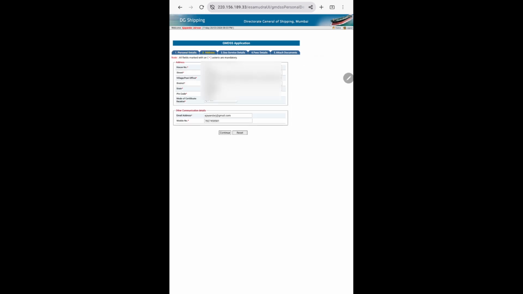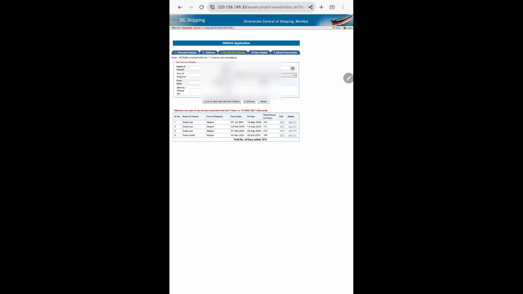So once you continue it, then it will be your address in which your certificate will be coming. So you write according to your certificates where you will be available, and then you can put your sea service detail. So after March 2021 to 2025, you can add your sea time. After that, till now you can add, and then once you have finished it, then you can go to fees details. Now fees detail will be 3000, so we can continue it.